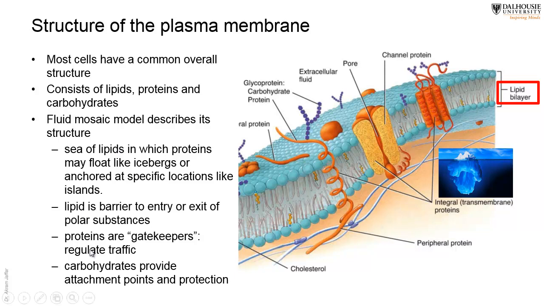And then the third structure is carbohydrates. As you can see, these carbohydrates, the dark blue chains here, some of them are attached to proteins, and some of them are attached to lipids, like this one. This one's attached to lipid, this one's attached to protein. So the ones that are attached to proteins are called glycoproteins. Glyco means from glucose, sugar. And the others which are attached to the lipids are called glycolipids. Glycoproteins and glycolipids together constitute what we call the glycocalyx, which is like the glaze, the sugar coat